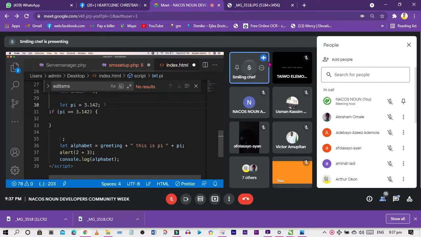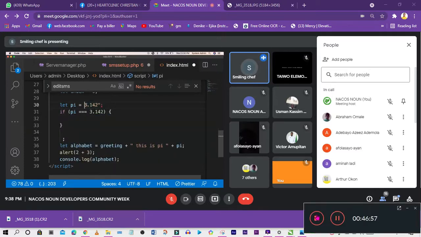Pi is holding 3.12. Now I want to know if this pi is equal to this. Now this equal to will only check the value. It doesn't care to know what data type it is. It doesn't bother about data type. This one can be a string. It can be in a string format. It doesn't bother. So long as the word that is inside there matches what is here, it will accept it. It will tell you yes, the answer is correct. But this other one makes sure to check that this must be a number, or this must be a float data type, and this must be a float data type. If they are not the same thing like this,